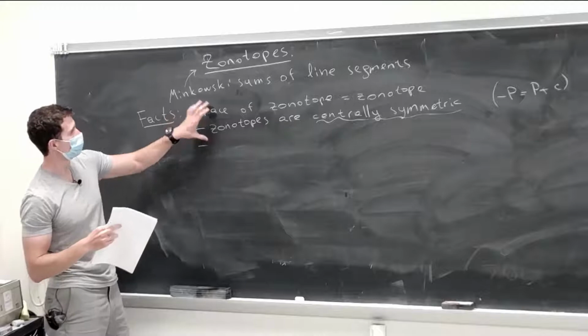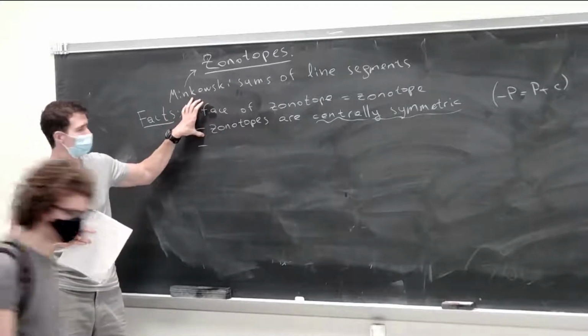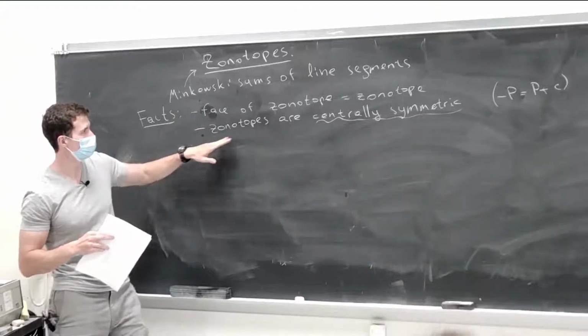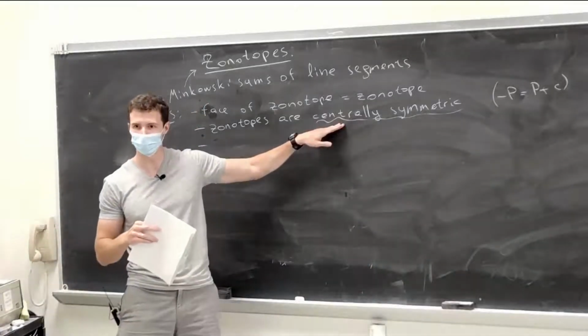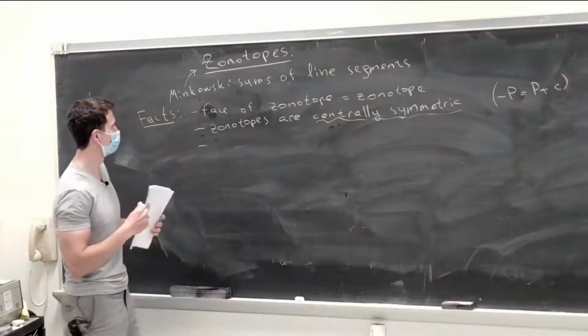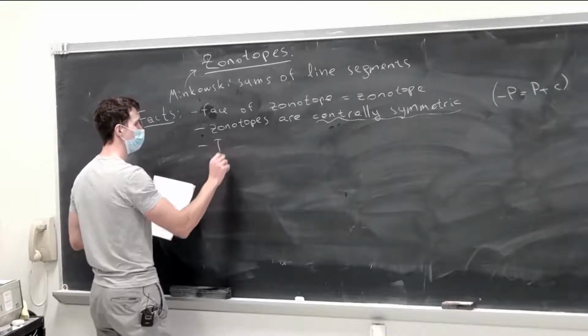the last fact is that the converse to these two statements is true in some sense. So if you have a polytope whose every face is centrally symmetric, then it's a zonotope. This part is actually non-trivial. And actually an even stronger statement is true. So if